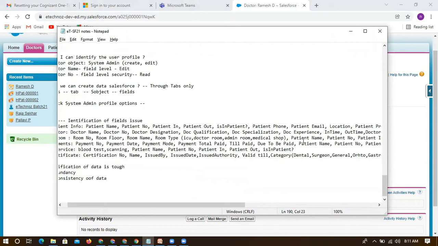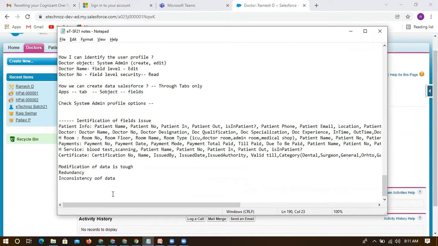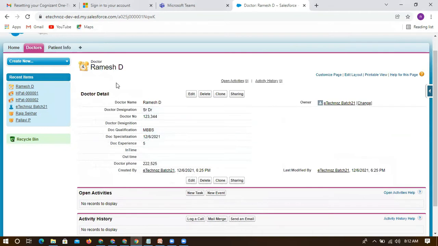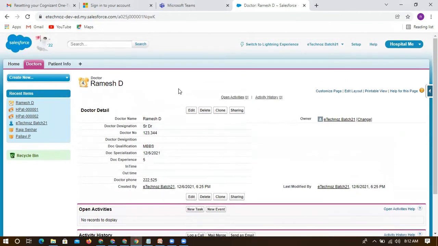Instead of creating it multiple times, there is a solution in Salesforce to track all of those, something called a connection. How did we connect an app and a subject?